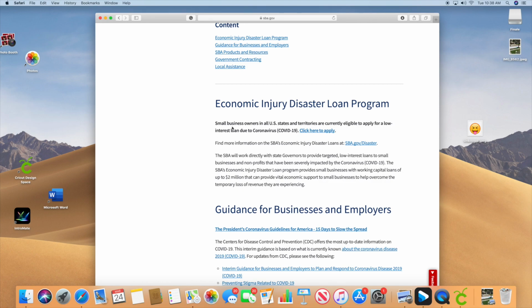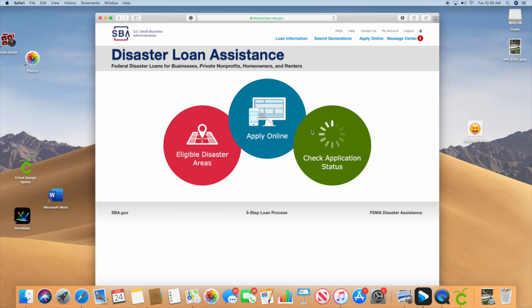This money will run out, so it's important to apply as soon as you can with the right information. Of course, the loan is up to $2 million. Anything under $25,000 is unsecured. $25,000 and up will be a secured loan. Okay, so you just basically click there to apply. And as we're waiting, we do know that SBA loans are very good because it allows you to go through conventional banks, and you're still able to get a loan because the SBA is backing you.